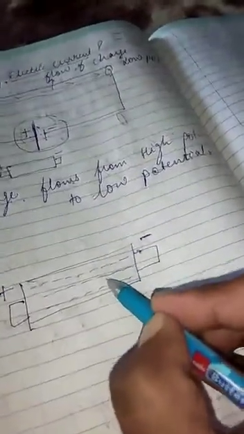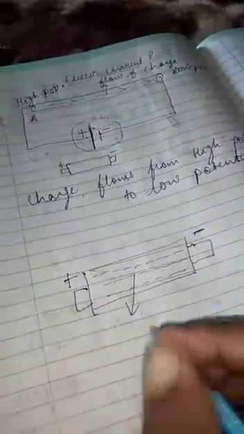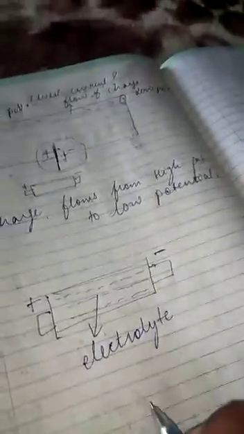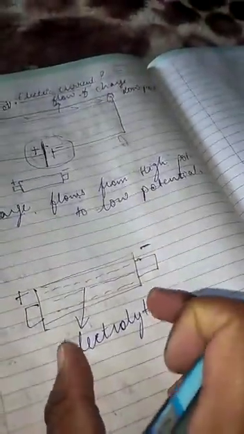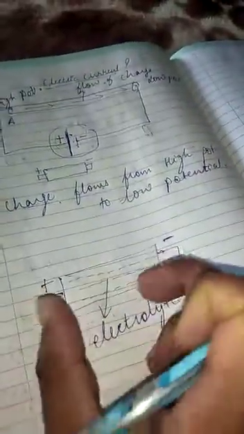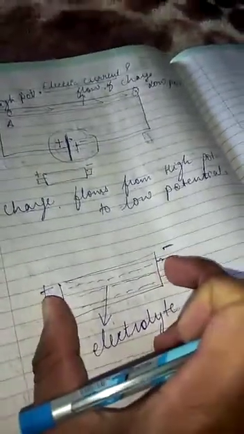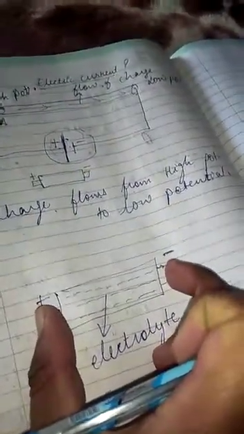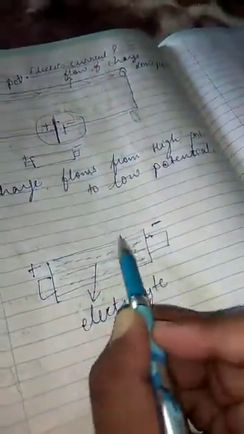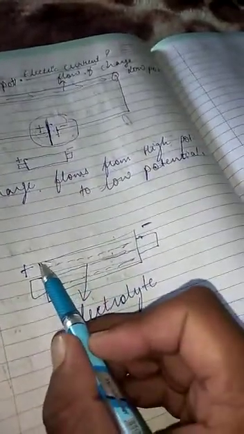But before that, there is one electrolyte present inside the cell. An electrolyte is a kind of solution which is responsible for creating and maintaining the potential difference between the two ends of the cell. Once you start using the cell, this potential difference starts decreasing, and one time comes when the potential